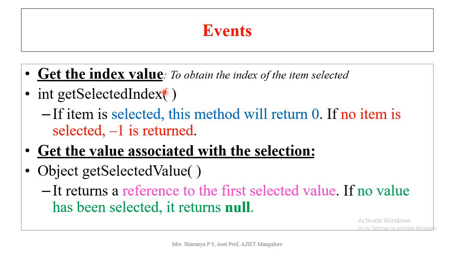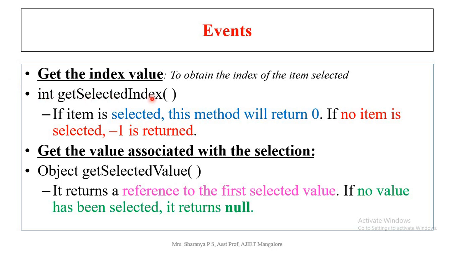Both of these methods will help to obtain the index of the item selected by the user. If the user selected the third item, its corresponding index value will be returned as a result by using either of these two functions. First, we'll see that the value returned will vary with respect to these two functions. We'll see the first function, that is integer